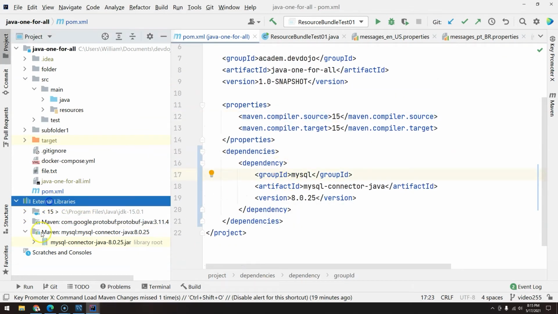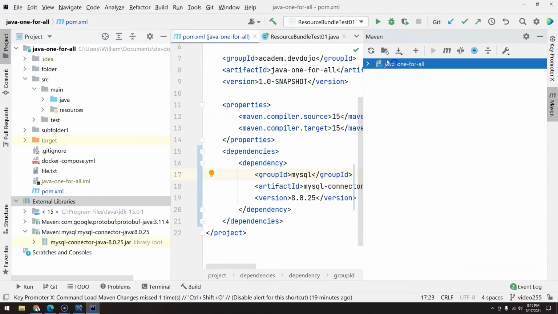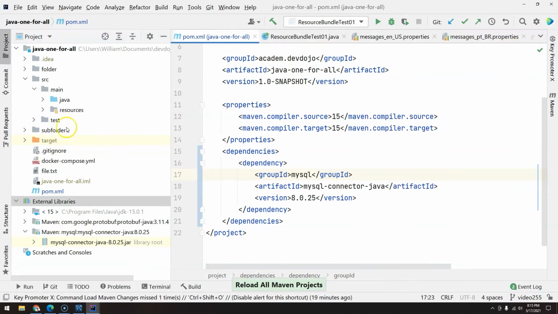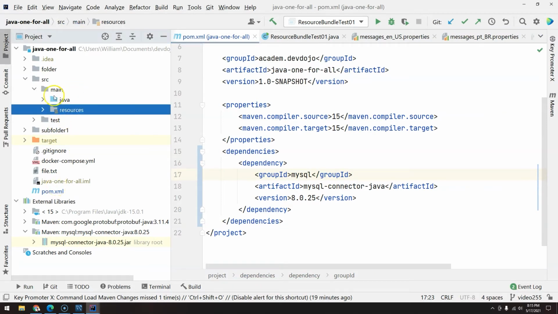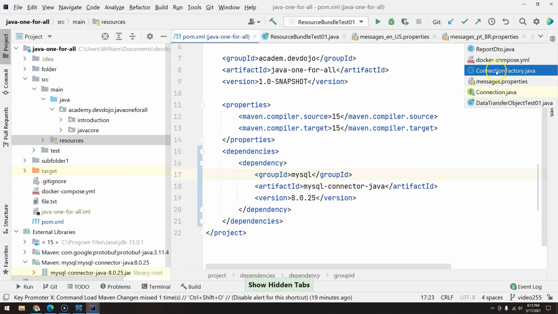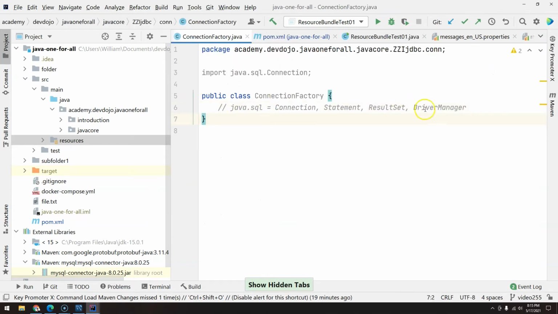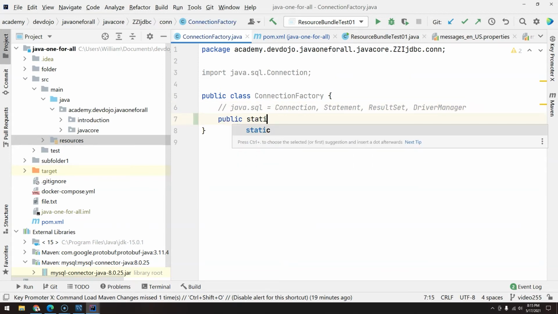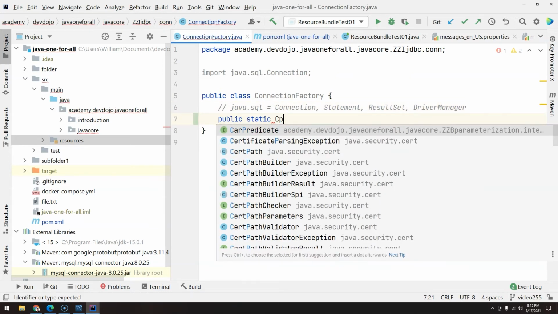We have our dependency available in the project. If you are not seeing it here, you may have some problems, so make sure that you refresh here and see if you get the dependency there. Now, coming back to the connection factory that was somewhere here. Now we need to create the connection. Let's create a public static Connection